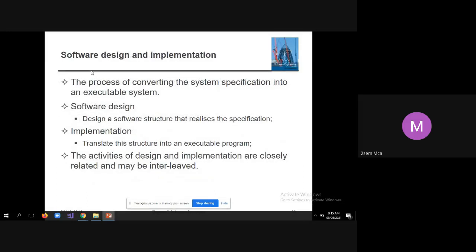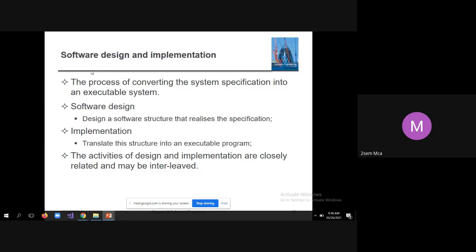Now we'll move to software design and implementation. Students, when we say design, actually there are two phases in design. One is abstract design and the other is detailed design. Abstract design examples are the architecture diagram, level 0 DFD or level 1 DFD, which will give you some information about what this project is all about and what the major subsystems are.